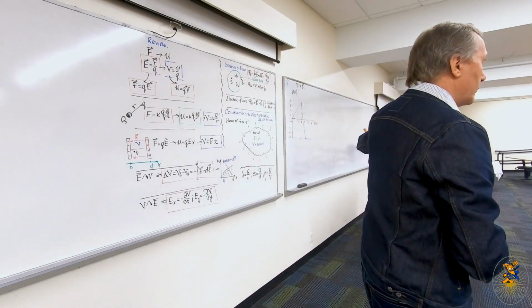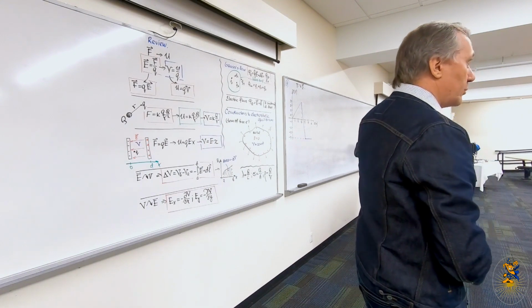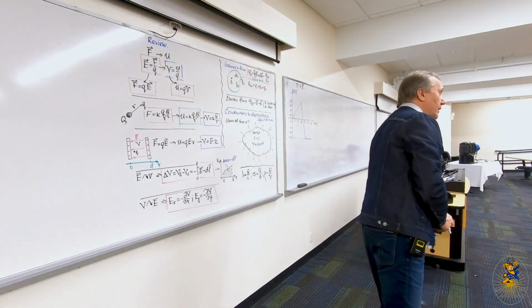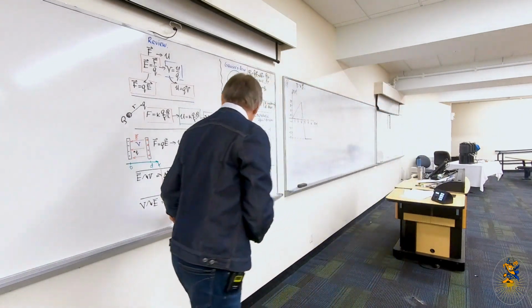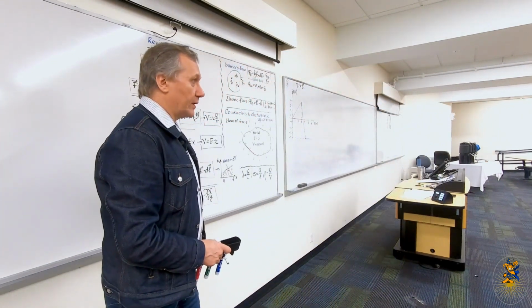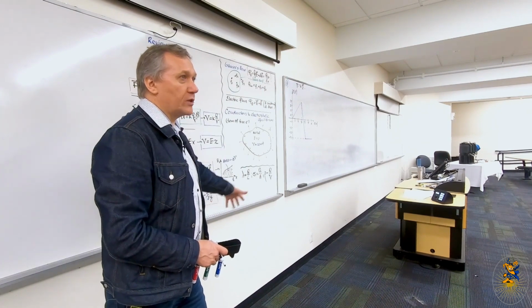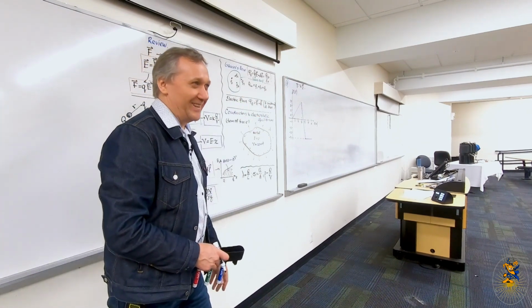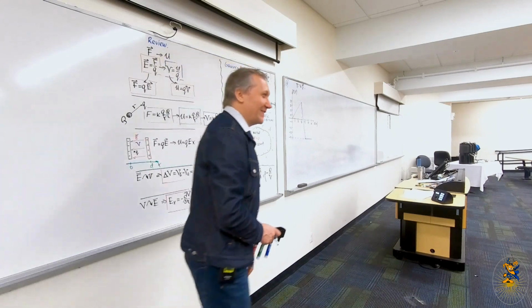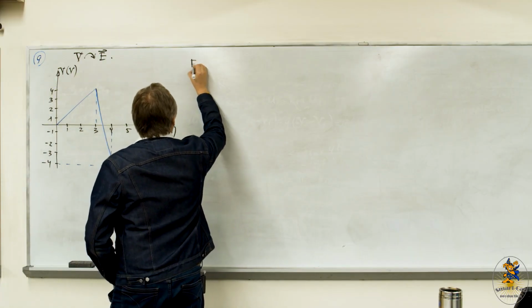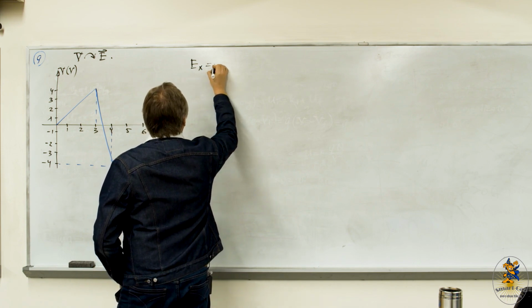One-dimensional situation. We see how electric potential changes with x. As x changes, something happens with the electric potential. So, of course, we can find only the x component of the electric field. The y component is either 0, or we just don't know anything about it. Let's assume it's 0. All right. So E sub x equals minus